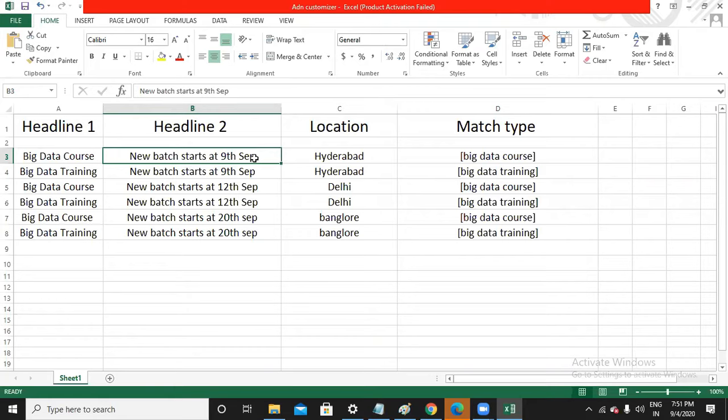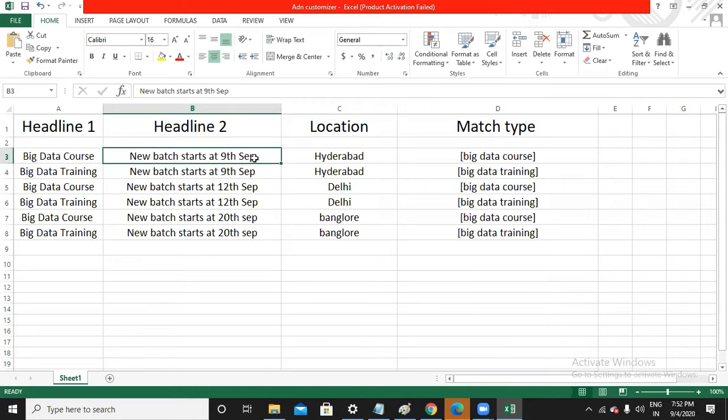Let us say that you have an institute located in multiple locations, like Delhi, Hyderabad, and Bangalore. At that time you will have different new batches, and you may not start the same batch at the same time. Let's say in Bangalore I'm going to start on a particular day like 20th September, and in Delhi I'm going to start a new batch like September 19th. So is it good to show my ad, when someone searches from any location, with the same batch timings and same batch date?